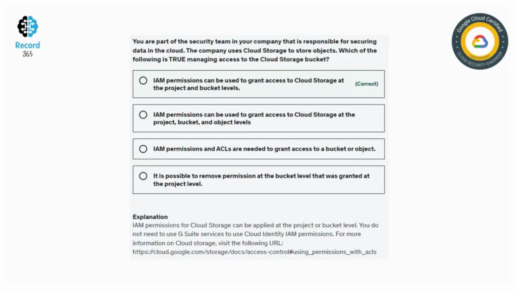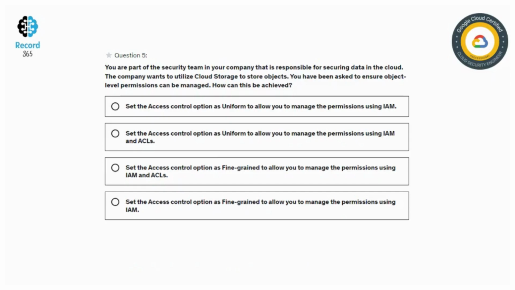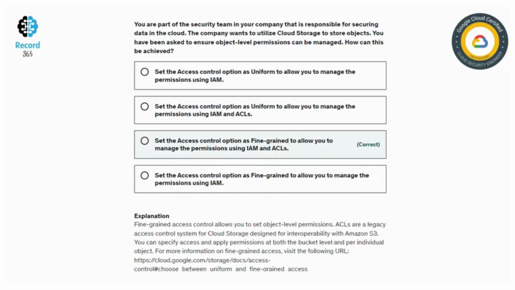Okay, so moving towards question number 5. You are part of the security team in your company that is responsible for securing data in the cloud. The company wants to utilize Cloud Storage to store objects. You have been asked to ensure that object level permissions can be managed. How can this be achieved? And the right answer is C. Set the access control option as fine-grained to allow you to manage the permissions using IAM and ACLs. And the explanation is